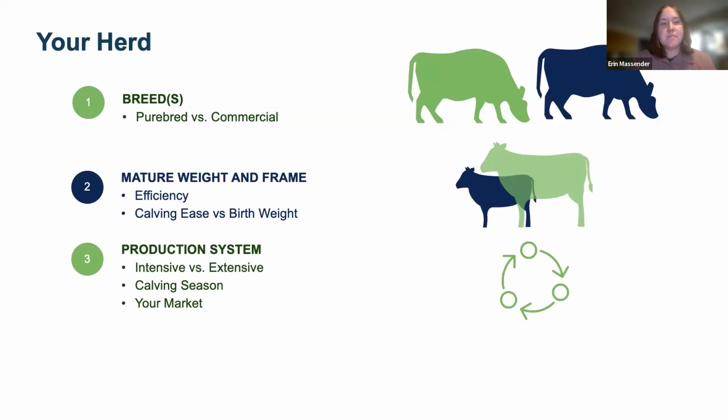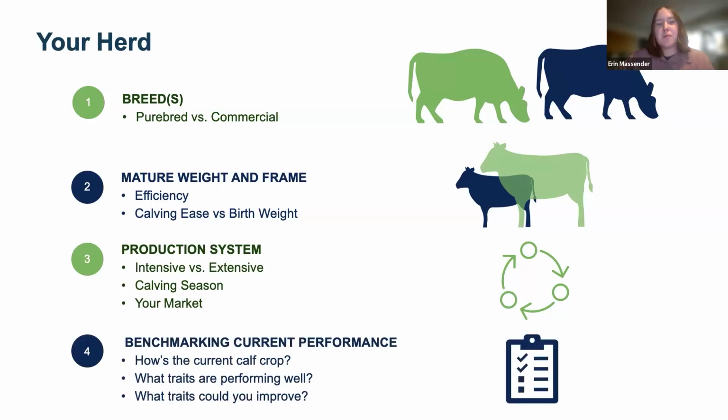Also our production system. So whether we're more intensive or extensive in production, when our calving season is, and what our market is. Are we just selling weaned calves, or are we retaining them through to finish? In that case, there are different characteristics we're looking for in our bull compared to just selling the weaned calves. And finally, benchmarking the current performance. So thinking about how the current calf crop is, what traits they're doing well at, and what traits we can improve, and using that in our wish list when